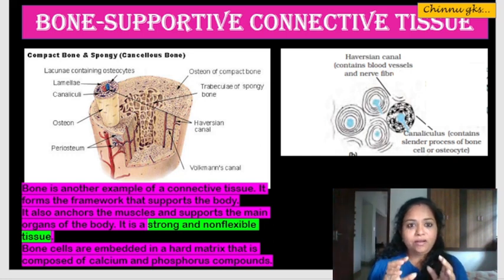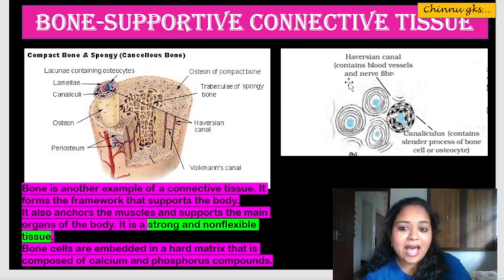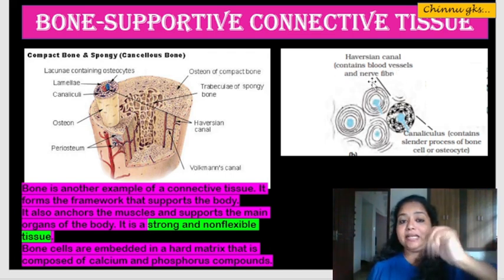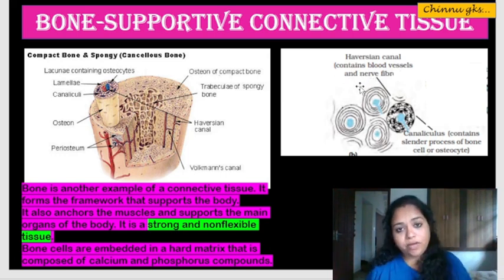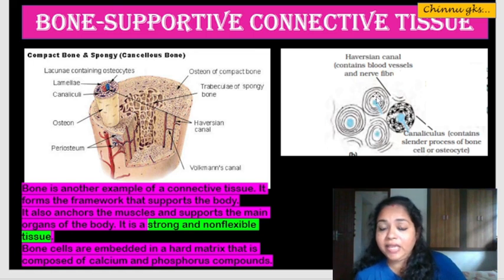Now, if we have a look at the bone, we feel that the bone might not be having blood supply. The bone might not be having any neural impulse, nerve supply also. But that's completely false. We have blood supply to the bone. We have nerve supply to the bone. So what is this connection through? This connection is through the Haversian canal. So what is this Haversian canal's role? The Haversian canal contains the blood vessels and the nerve fibers that will be signaling our bone, as well as nourishing our bone.